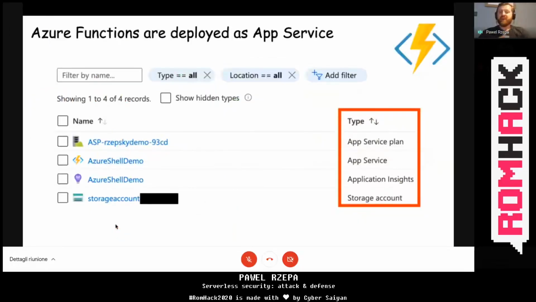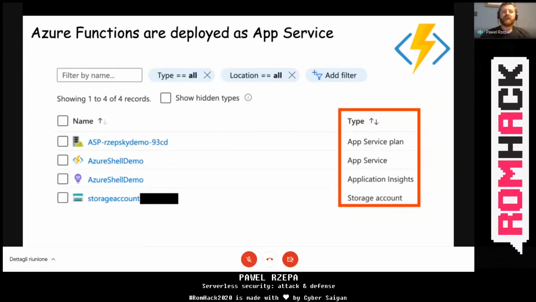Now, in Azure, when you are deploying Azure Functions, the situation is a little bit different because you are deploying them as logic apps in the App Service.